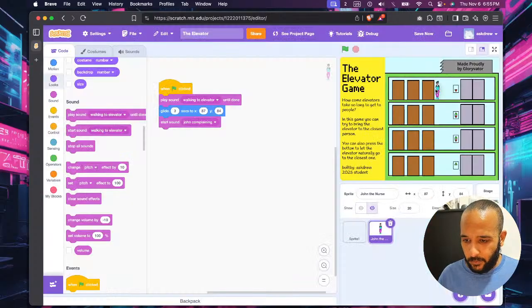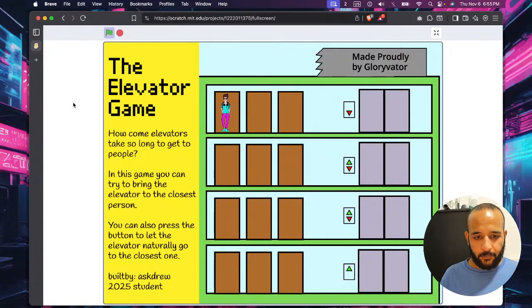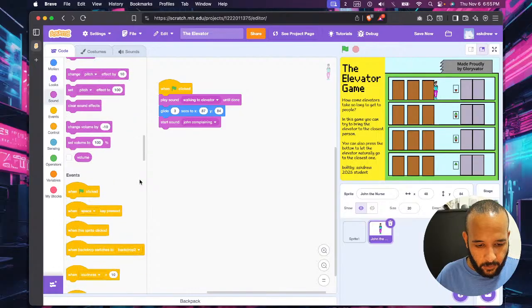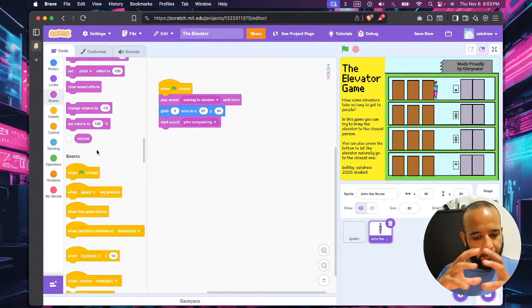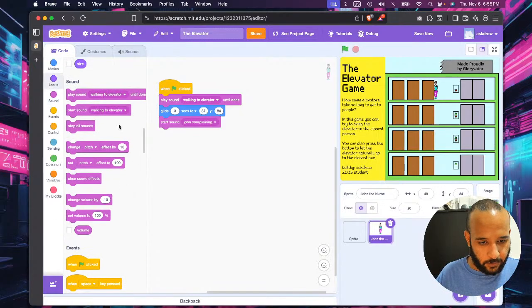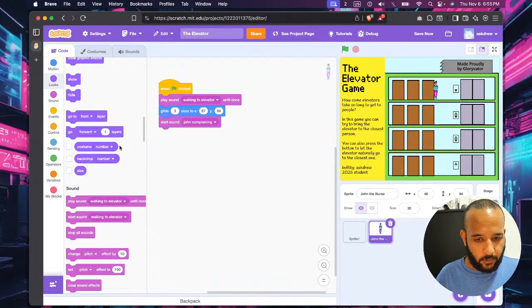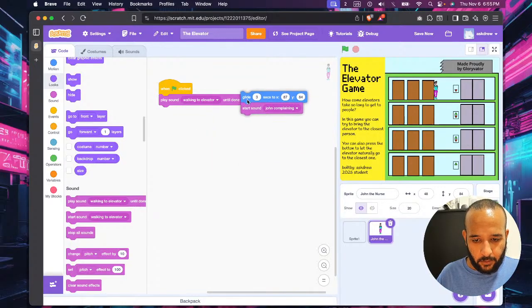Sorry, let's just drag John back into your apartment. Okay, let's go. Interesting. So it doesn't work like that. We basically need a way to play them both at the same time. So let's see how that works. Start sound, walk into elevator. We want two things to happen at the same time, right? So if you want to do that,